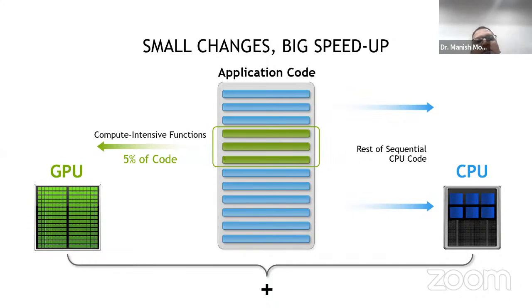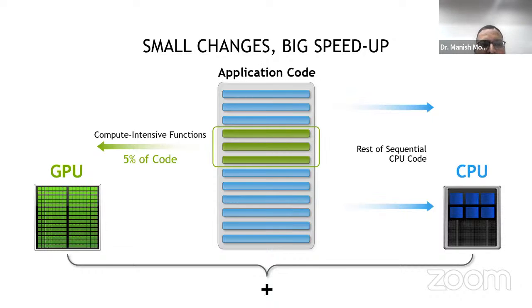How it works? GPUs are dedicated processors. They are good for single instruction, multiple data. Any application we take on a CPU, generally we start the application, read the input data, whatever is required. Then we do the compute intensive loops, the number crunching. After that, we would like to have results in the desired format, so we do the post-processing and then write the results back into our files or database or wherever.